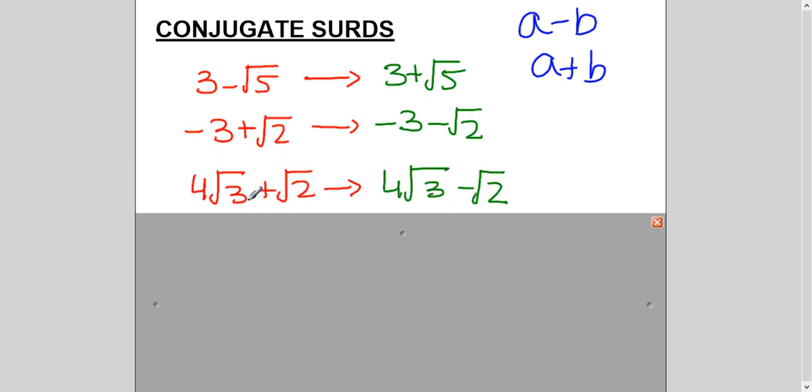If somebody asks you what is the conjugate of this, 4 root 3 plus 2, it is 4 root 3 minus 2. Now why do we do it? What is the reason? The reason is, whenever a fraction is given to you, right? I'm giving you any fraction, for example, 3 minus root 2 over 1 plus root 3. So we try to finish the surd from the denominator. And to finish it, we use the conjugate. How do we do it? I'll show you in the examples.